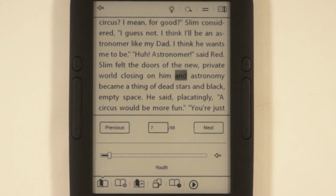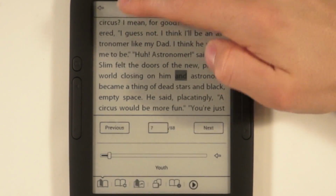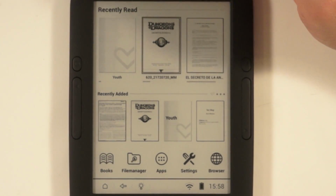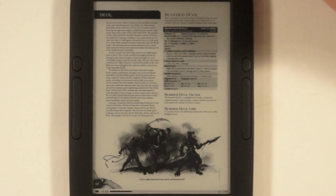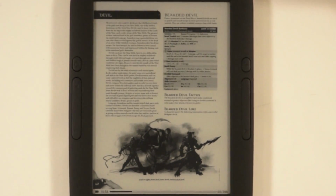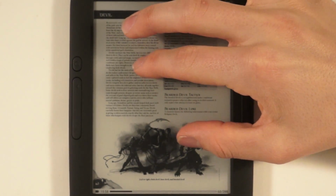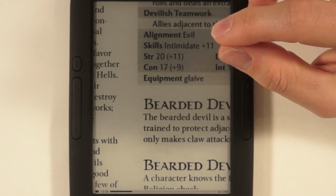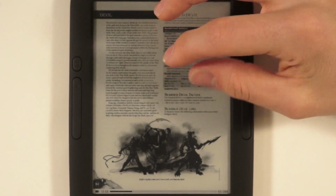Okay. Let's take a look at the PDF experience. So we're going to click and go back. We have the Dungeons & Dragons Monsters Manual. This is our go-to, and we've kept this one for years because it remains consistent with all of our tests. So this is what it looks like by default. You can do a couple things like pinching and zooming. Pinching and zooming is painfully slow